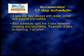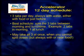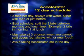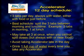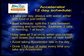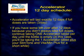Either way is okay. But if you can't follow this schedule, it's okay to take all 3 accelerator tabs either in the morning or at lunchtime. It's best, though, not to take accelerator at dinner or too close to your bedtime. And remember, every time you take a dose of accelerator, you should drink at least 1 cup of water with that dose. Take the accelerator for 12 days, after which there should be no more tablets in your bottle if